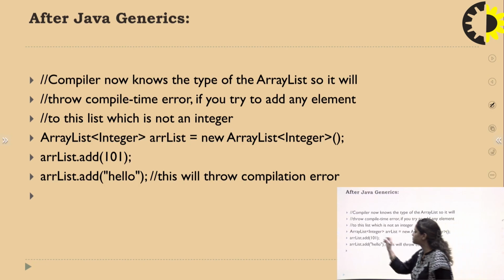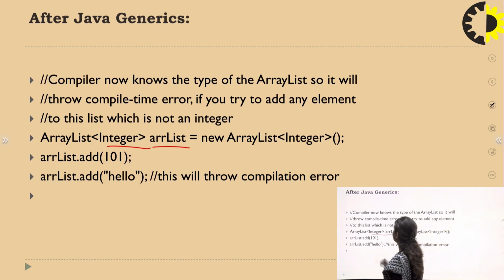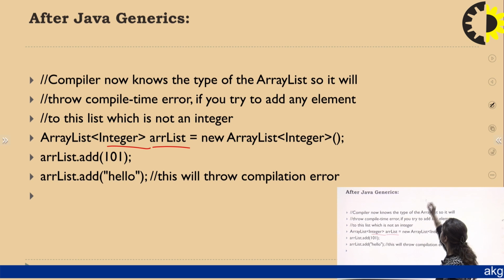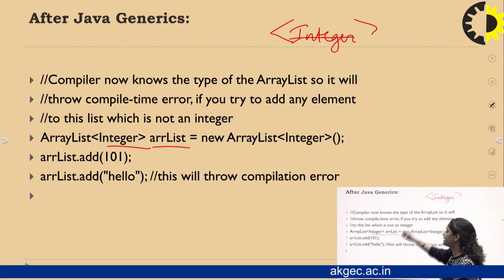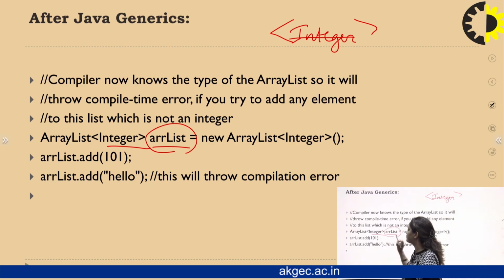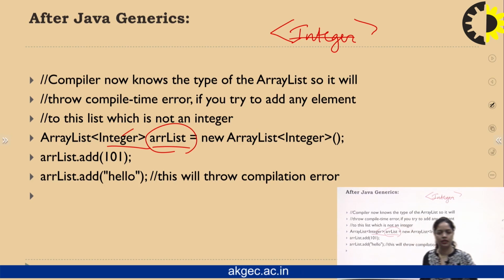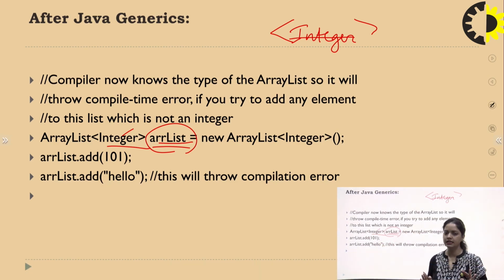So what will we do to remove such a problem? We just put a generic type in front of our object, using this symbol and putting the type inside it, like this, Integer. It indicates that this array list is capable of holding only integer values. It cannot hold a string value. So we are strictly writing in our code, a strict data type is declared when the object is being created, that it can only hold integer values. It is not supposed to hold any string.